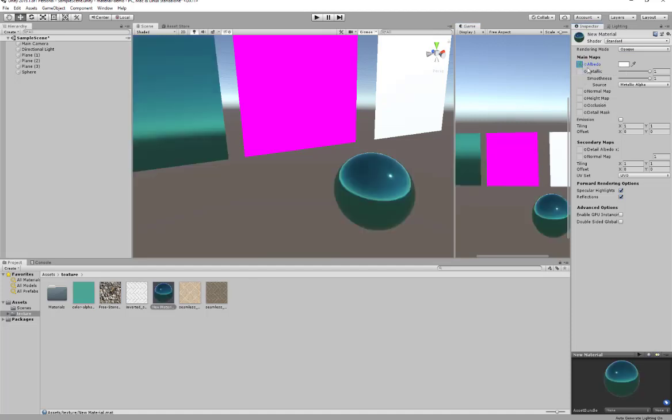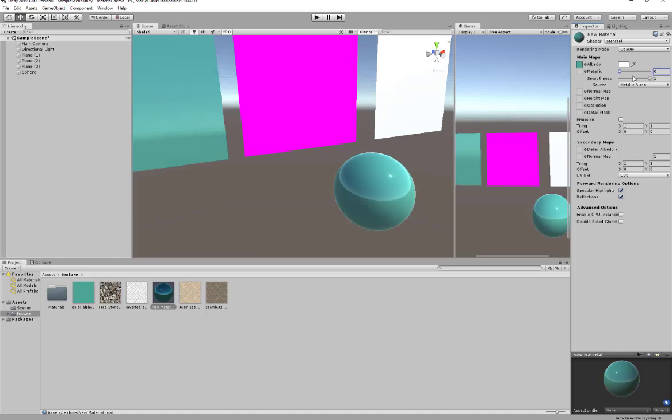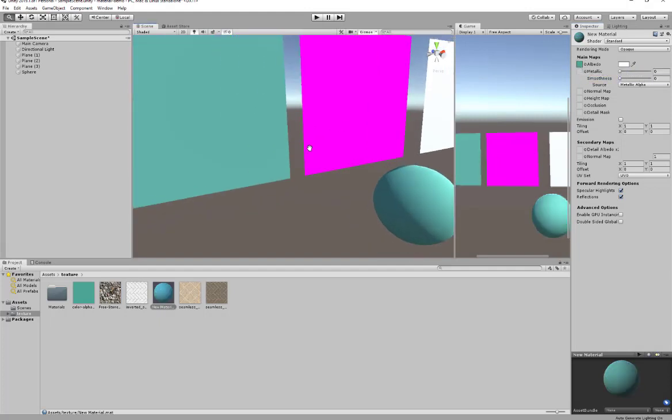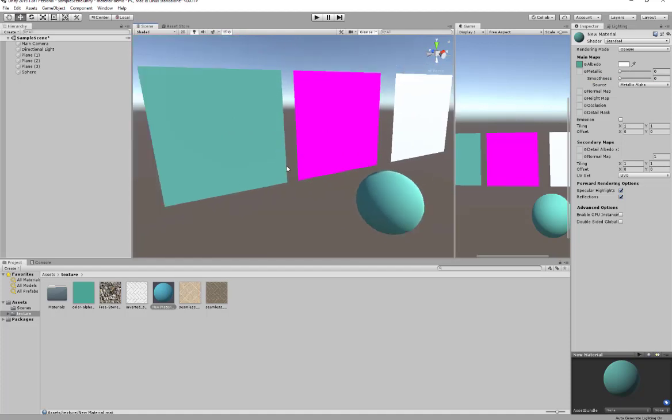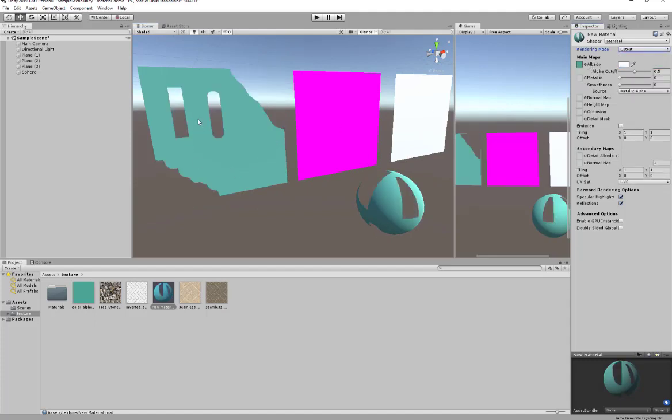And I still have the metallic on, so we want to turn that down. But we can use them in combination. I can have a metallic map. So I'm going to turn that down, and we're just going to use this map. And when we look at it, it's just this turquoisey color. If I come in and change this to cutout, you'll see that I do have an alpha channel, and I have put